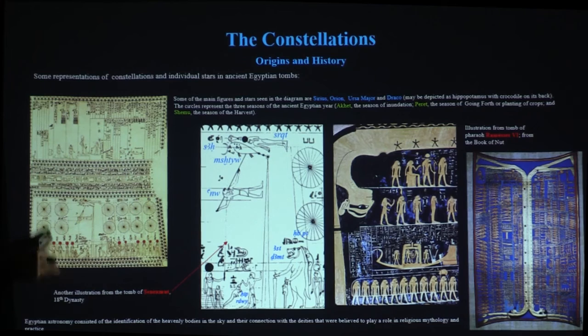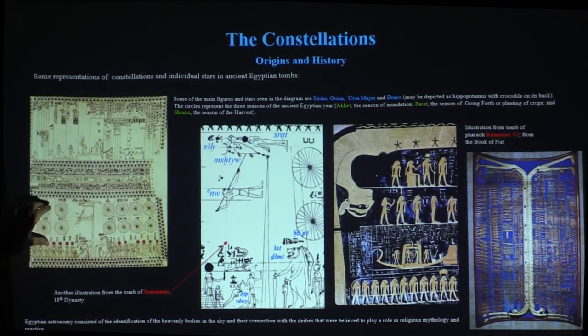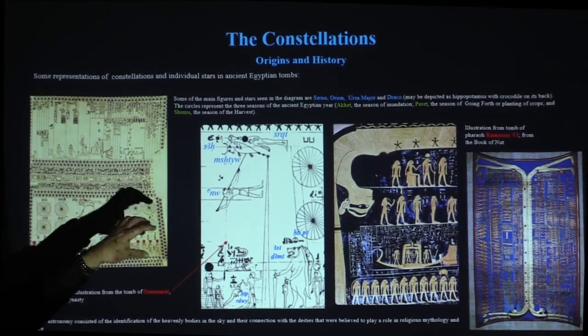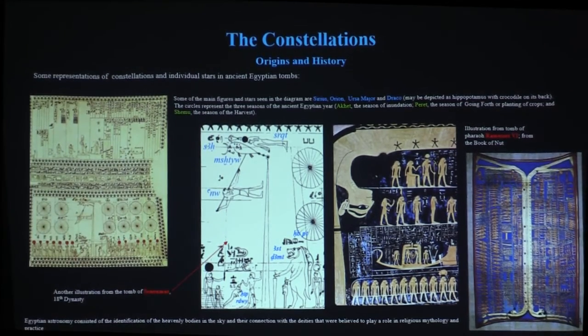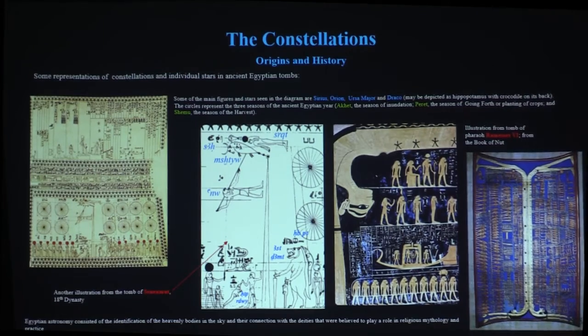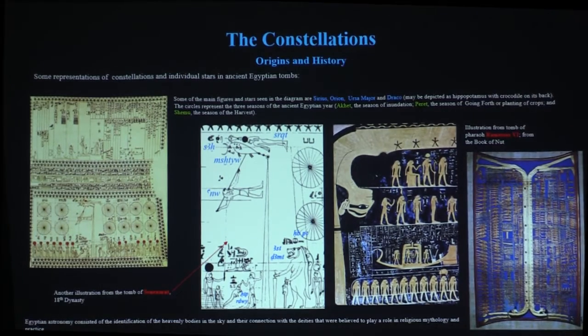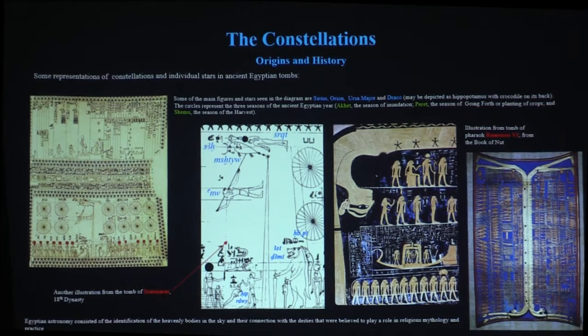So what happens is, this is typical, this is all inside the tomb of Senenmut, on the ceilings and everywhere. And you can see all these details, these are astronomical details as well, about when the season would begin. So each of the 4 circles represents a season, okay? So Achet, Parit, the middle one, is the season of going forth. When the Nile inundation dropped, the level of the Nile fell, the farmers would go out and do their farming.